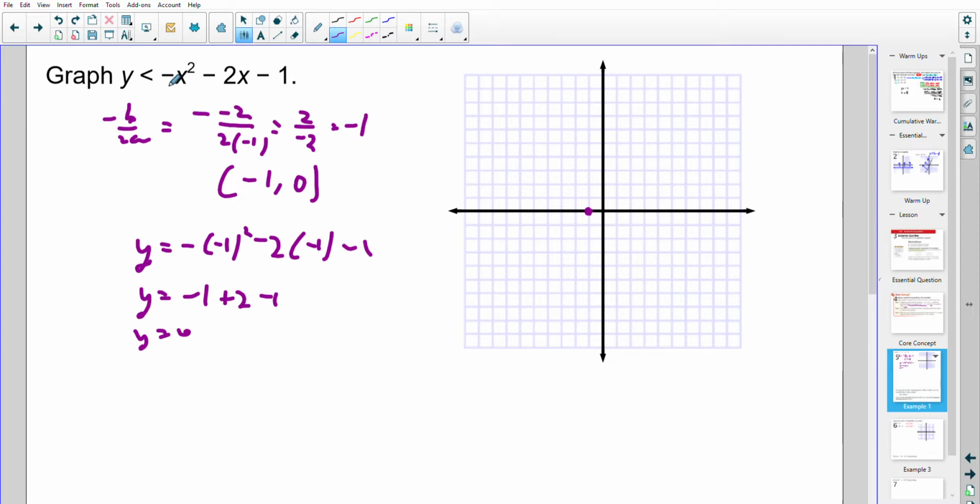Notice that the leading coefficient is negative, so it's going to be graphed down. And by plugging in a couple points, if I were to look at 0, I would get negative 1. It's symmetric, so you know it's got to be that point as well. If I plug in 1, let's see, it's going to be negative 3, negative 4. So that's going to be another point. And that's going to give you the general